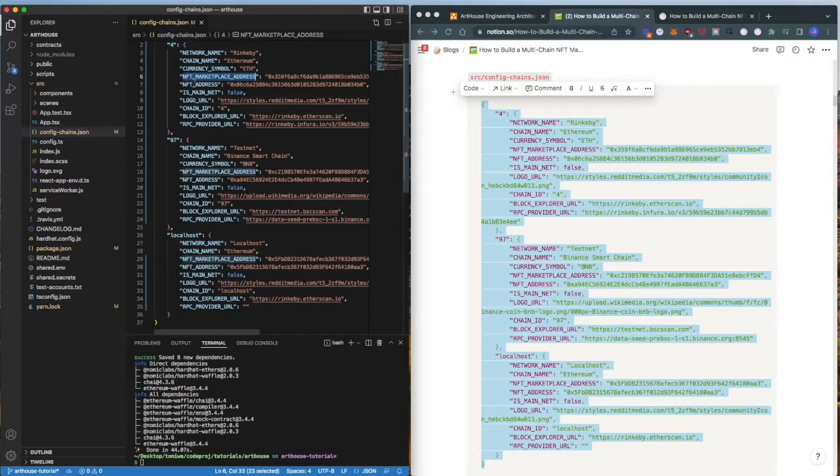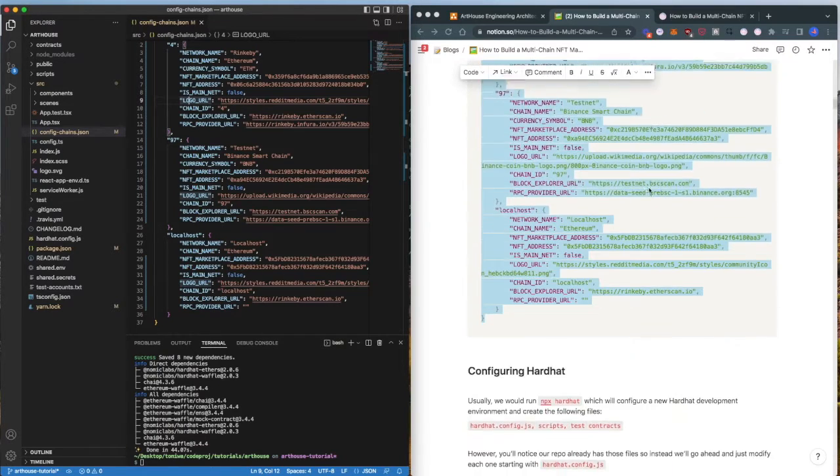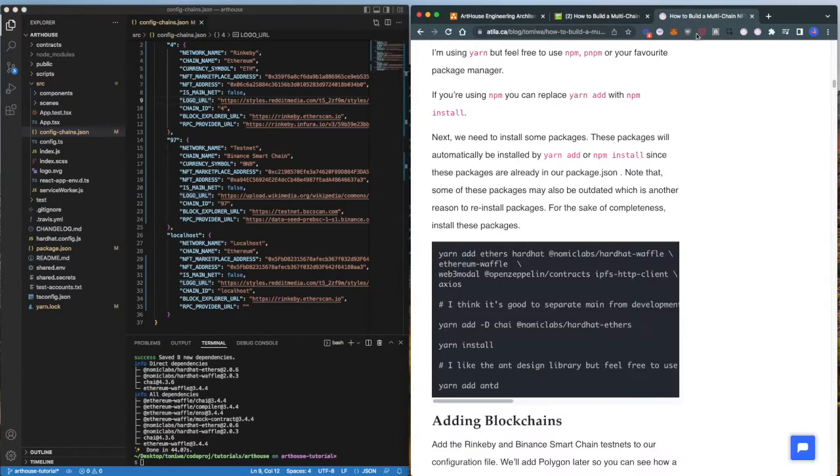This one you'll figure out when you deploy your smart contract, which we'll get to later. Is mainnet, you can figure that out. Logo URL, you can get that from Google. For chain ID, block explorer URL, and RPC provider URL, there's a website that I like to use called, where